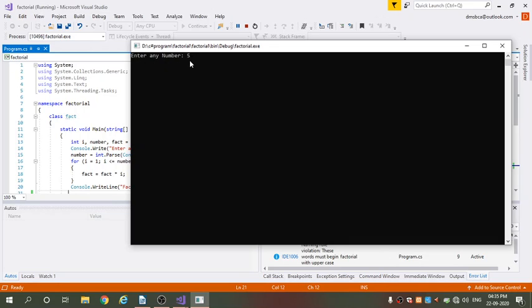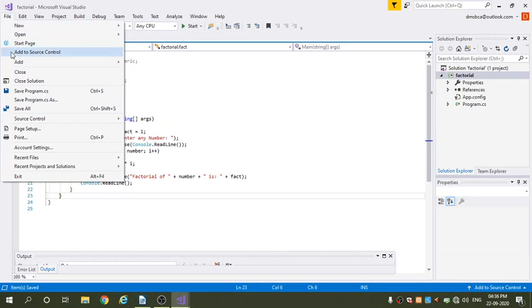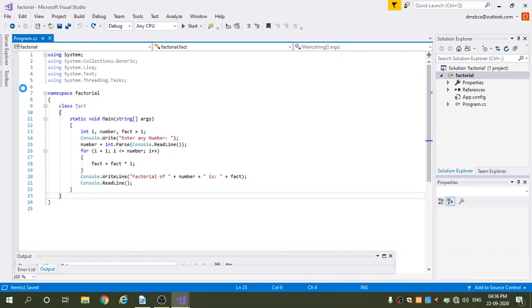After I enter it, the console will be closed, so we have to put that Console.ReadLine. After that you have to close all the brackets and save the program. This is the coding of factorial of a number.